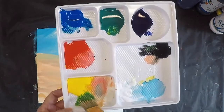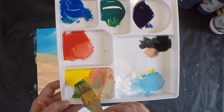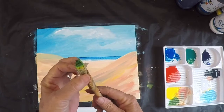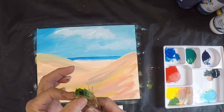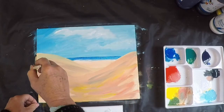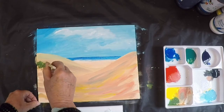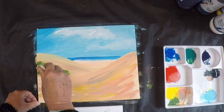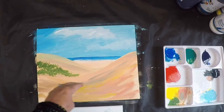So I don't know if you can see that fairly clearly there. I've added some blue, some green, some yellow and a touch of black, and it gives me a beautiful olive. With that, I'm going to squeeze that brush together so the bristles are shaped now. And with those bristles, I'd like to paint some vegetation on my dune coming down like that. So I'm touching the bristles to the canvas, and I'm going to bring my vegetation down the same line of the dune